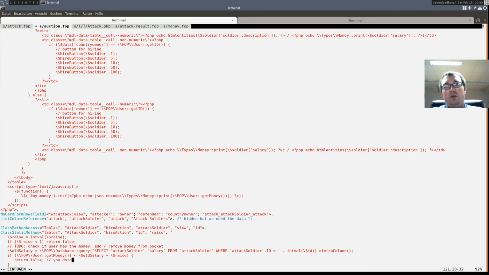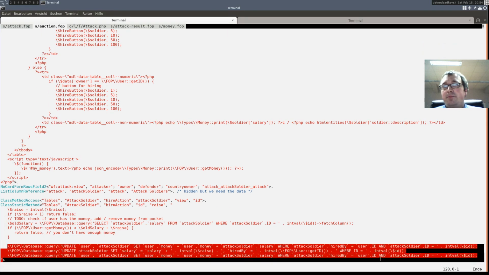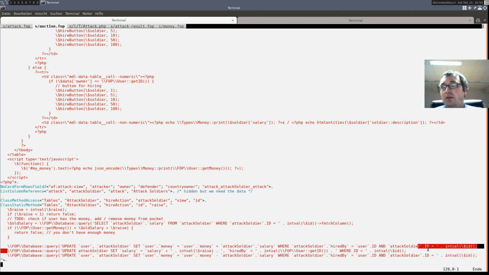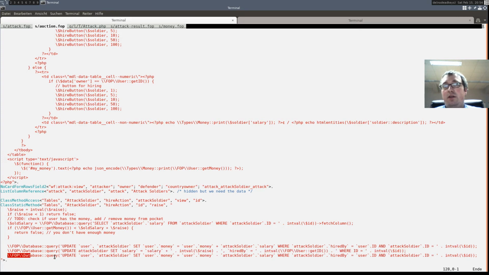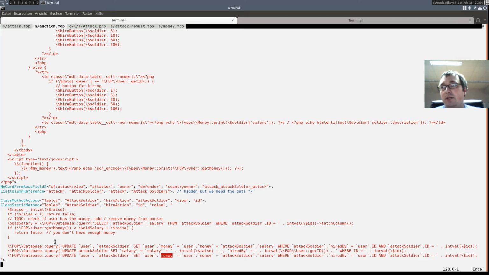You don't have enough money. Otherwise, refund the old owner, set the new owner and raise the salary, and reduce the new owner's pocket money.